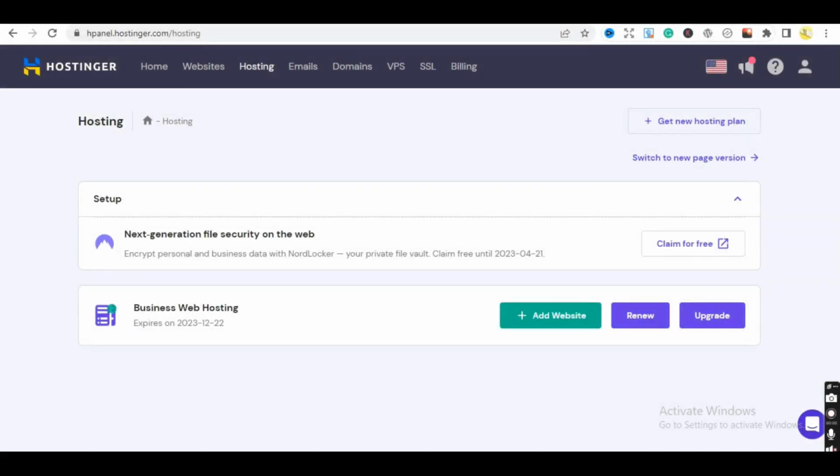So guys, we're back here. I want to show you how to install WordPress on the new domain that we just linked to our hosting account. Once you come to your hosting, if you've completed the previous step, which is linking the domain to your hosting account,